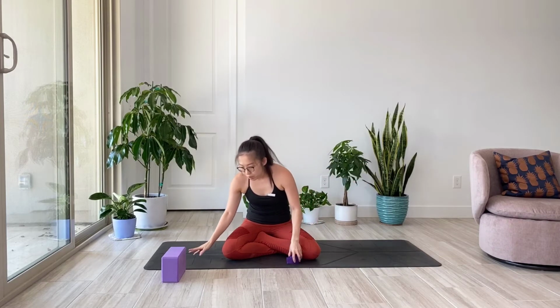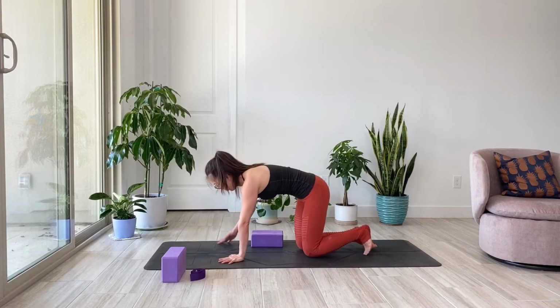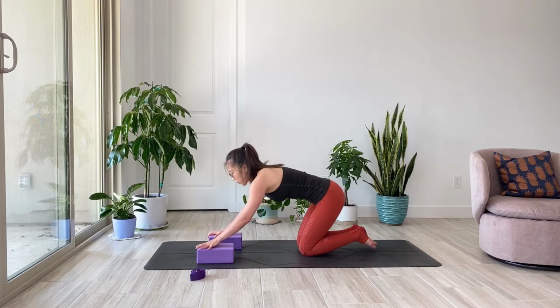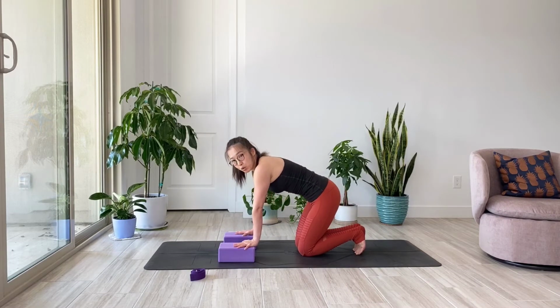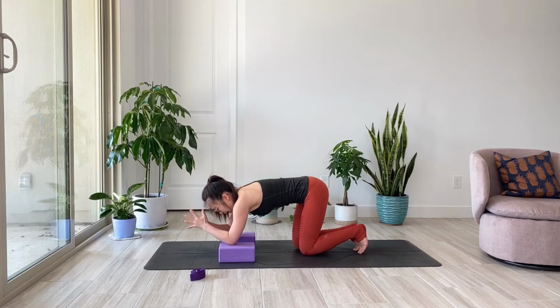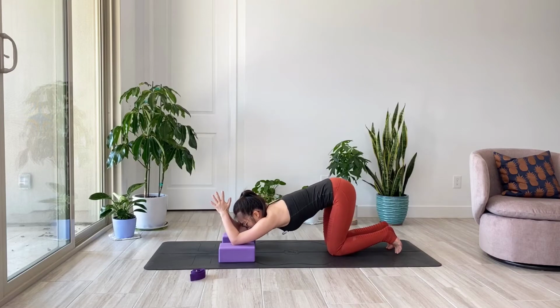And just roll over your shins. Come to tabletop position. And now grab your 2 blocks or stacks of books. So we'll keep our blocks in front of us and then keep them shoulder width apart. And then let's just start from the lowest level and bring your elbows on the blocks. Bring the palms together into prayer hands and then slowly walk your knees back as you melt your chest down